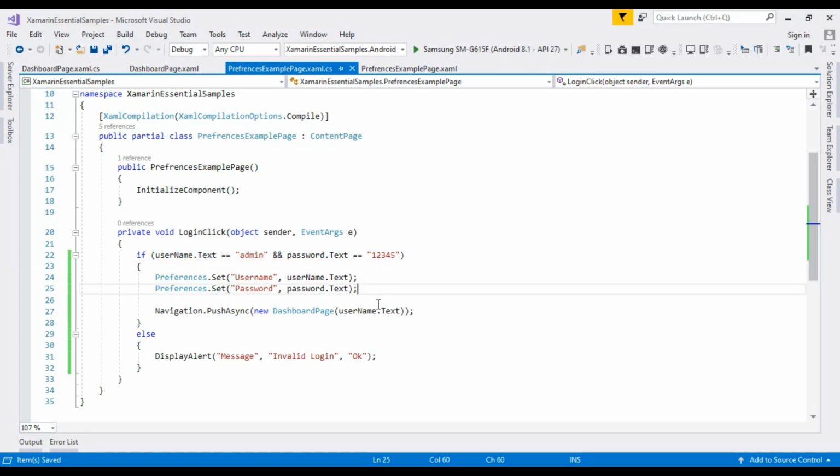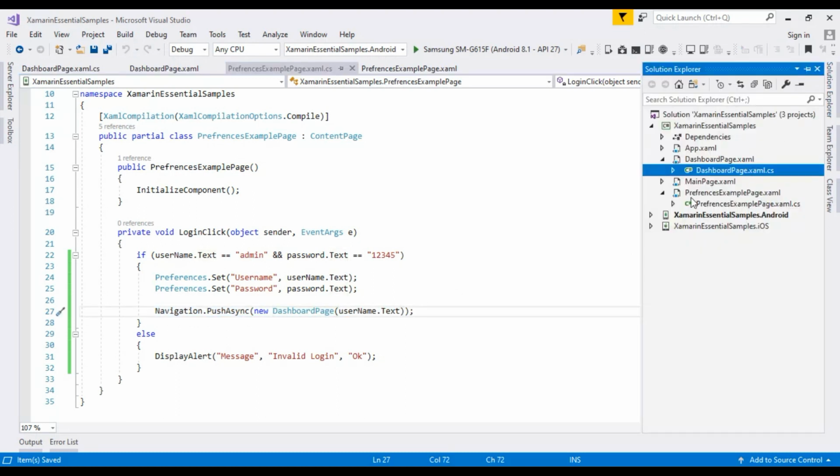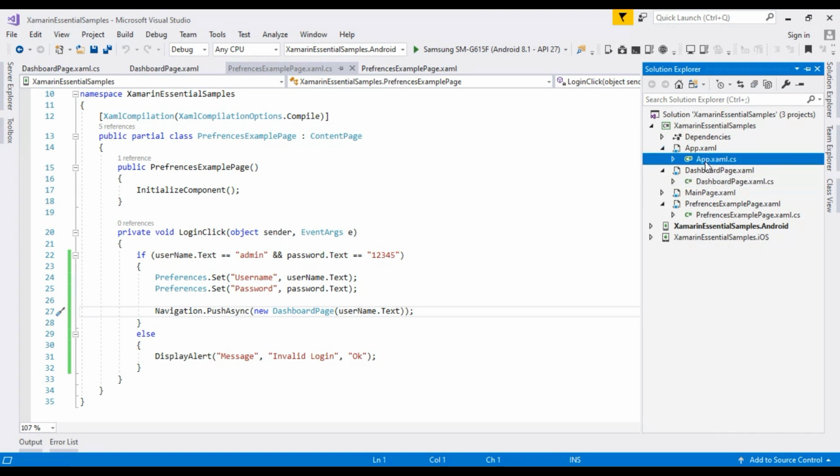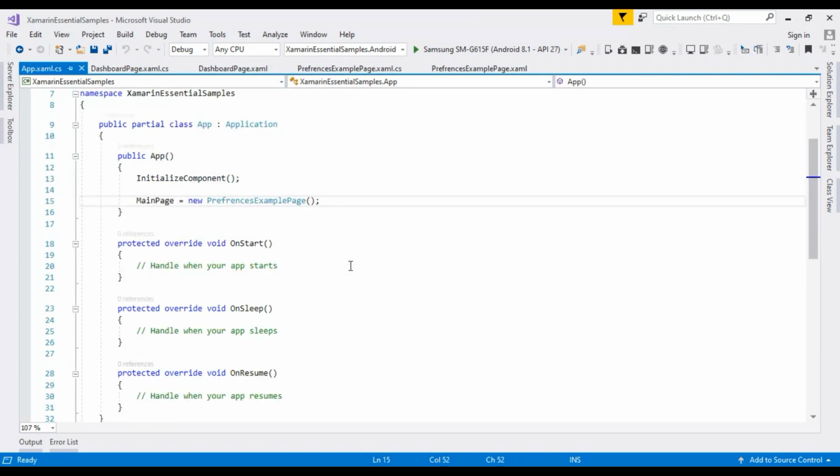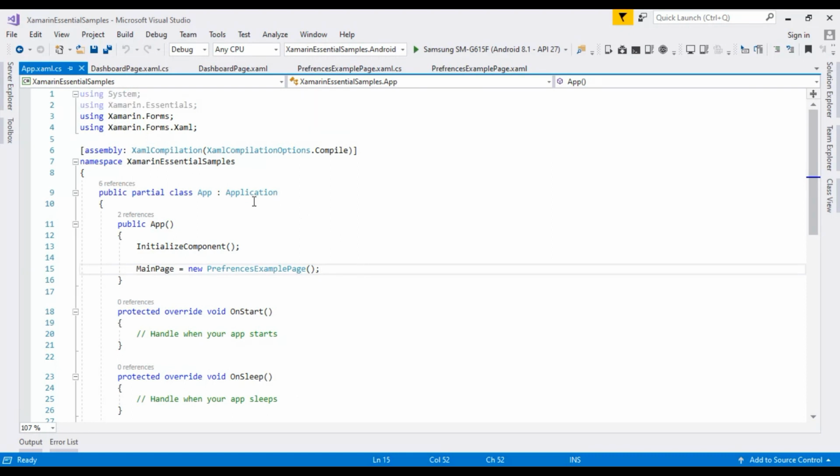Okay, so next we have to do one thing. When we use navigation.PushAsync and we are passing the dashboard page, we have to use the navigation stack, because when we create a project, the application class is at first a simple root page.